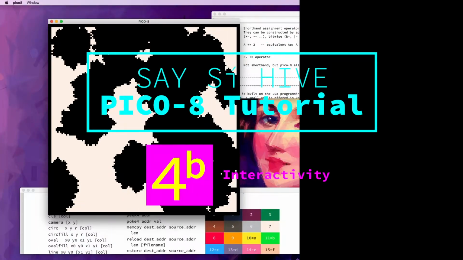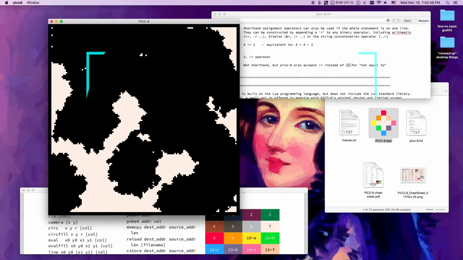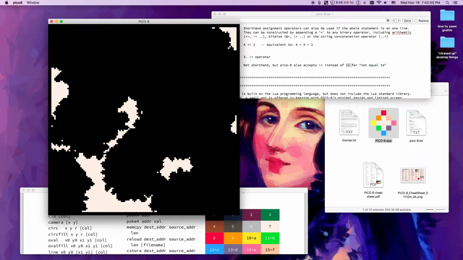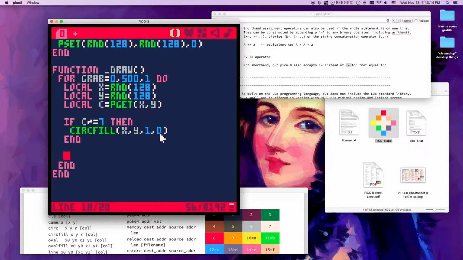All right, so here's our bubbling petri dish. What can we do to it? We can add some interactivity. What if button Shift X,